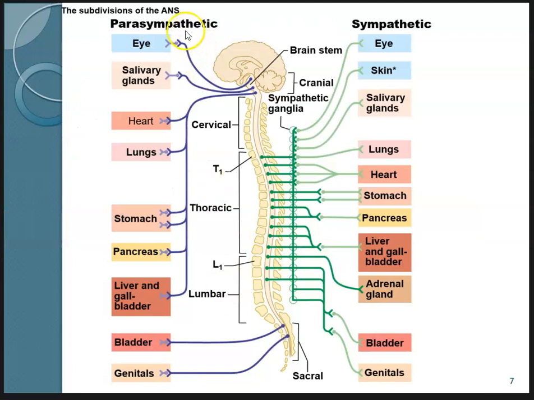So parasympathetic on the eyes, we will have pupil constriction, right? So we don't need as much information to come, so it will constrict, while during sympathetic innervation pupils will dilate. They want to see as much as they can because fight or flight. On the skin, you might have experienced it, goosebumps, right? If you're watching a horror movie, you were in shock, somebody surprised you, you